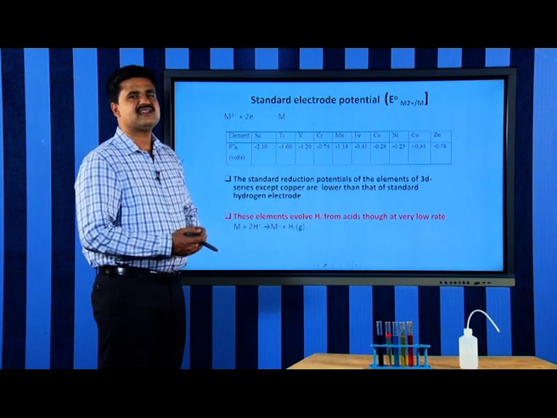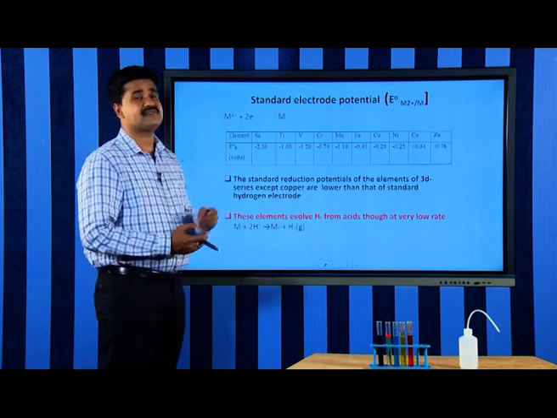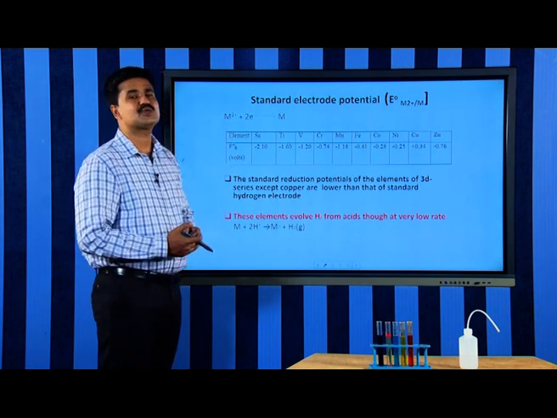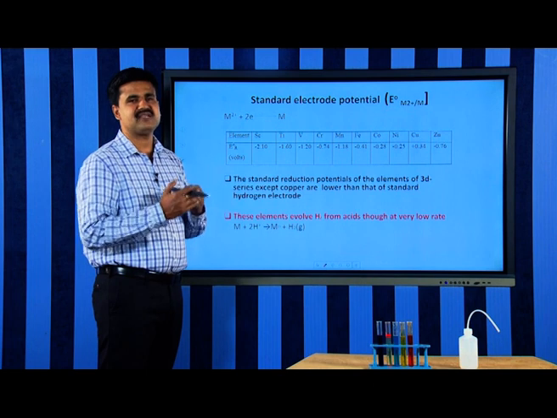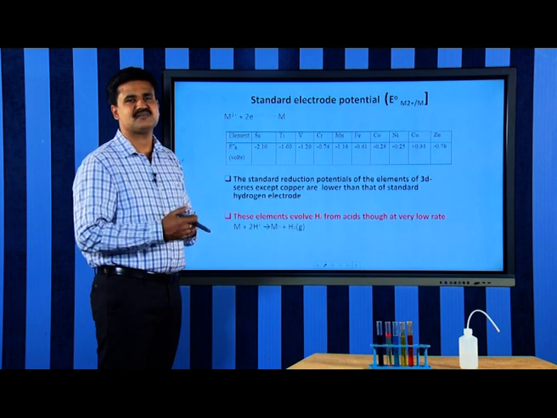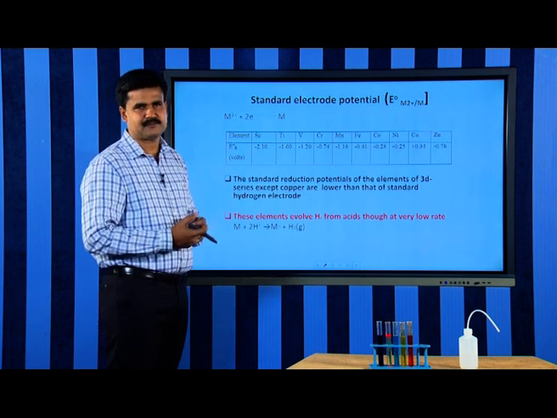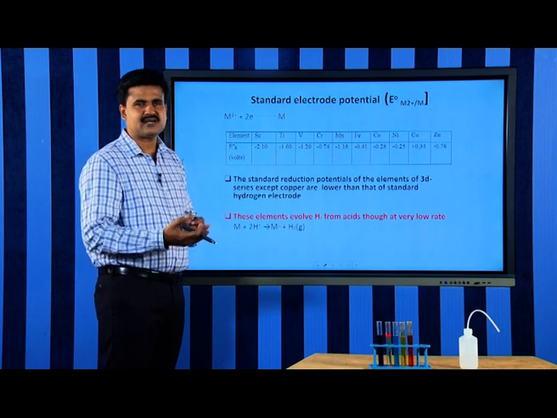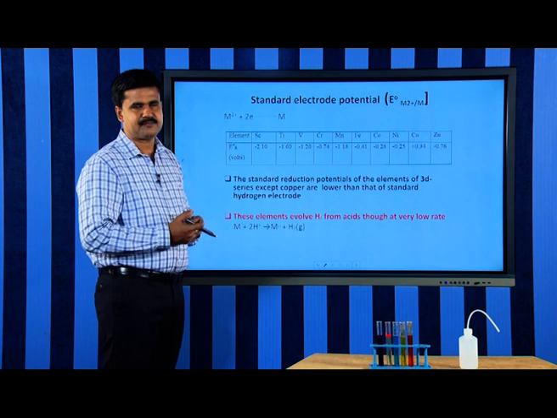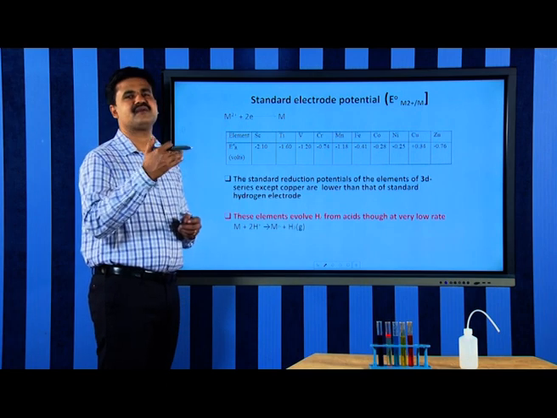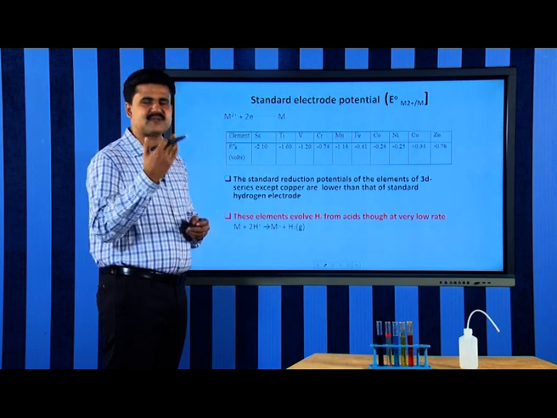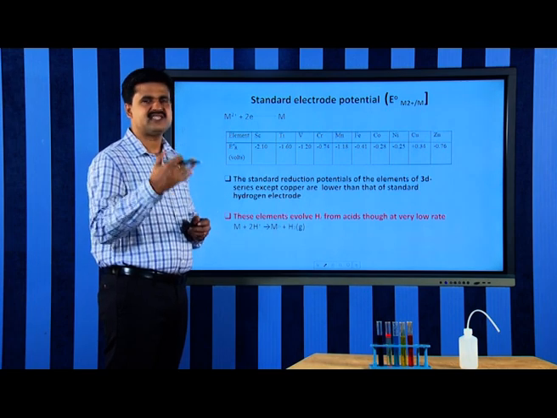Another important characteristic feature of the transition metals is their electrode potential. We are familiar with the electrode potential measurements in electrochemistry. Electrode potential may be reduction potential or oxidation potential. The tendency of a metal ion to get reduced is expressed in terms of volts, then we can call it